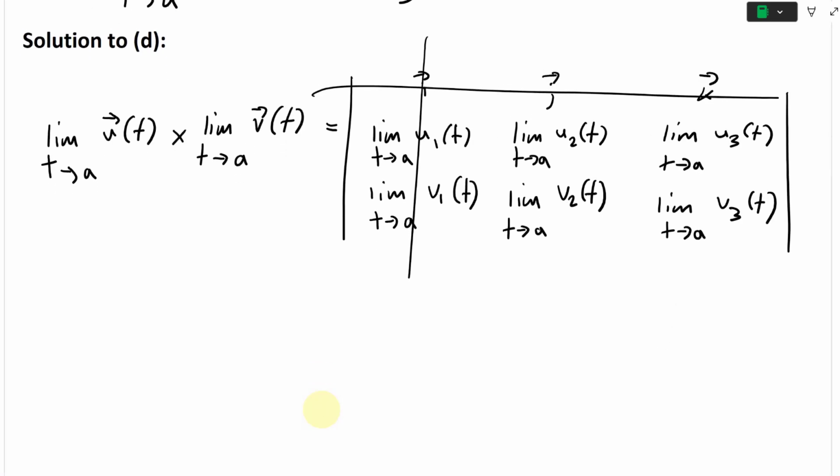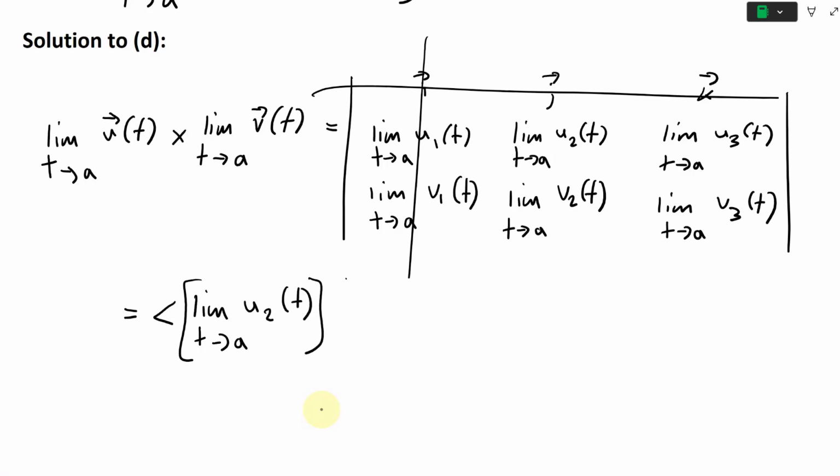So this equals, and I'll put it in bracket form, instead of writing ijk. It's going to be the limit as t approaches a of u2 multiplied by the limit as t approaches a of v3,